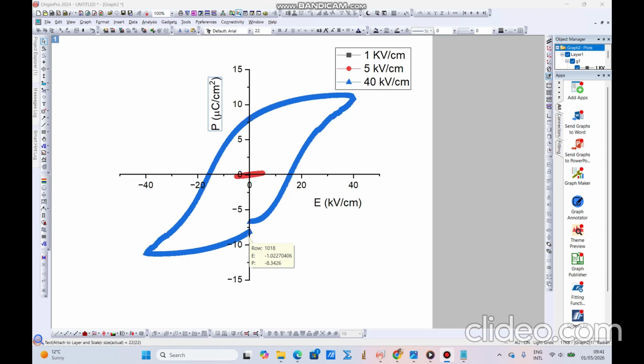In simple words, saturated polarization is the maximum polarization that we receive when we further increase the electric field but the polarization remains constant. And in simple words, the coercive field is when the electric field is not 0, however on the y-axis we have 0 polarization. So this field, which is almost 15.39 kilovolt per centimeter, is the coercive field, while this value is known as the remnant